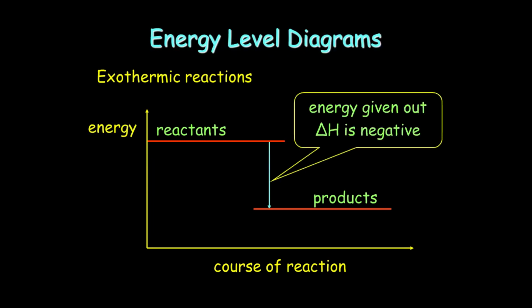The difference between the energy of reactant and product will give us the delta H value. For exothermic reaction, delta H value is given out. So we can say that energy released is more than energy absorbed. And if we have to explain in terms of bond formation and breaking, we can say that energy released in bond formation is more than the energy absorbed in bond breaking, because whenever the bonds are broken, energy is